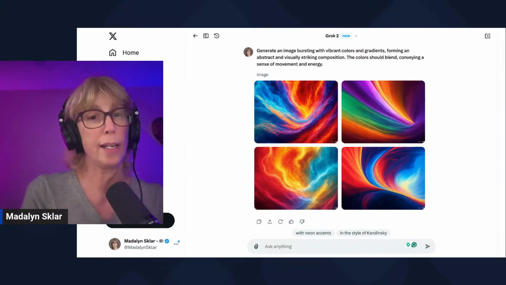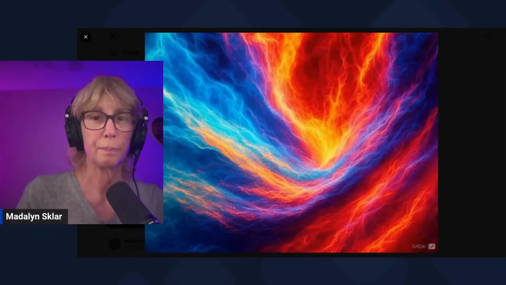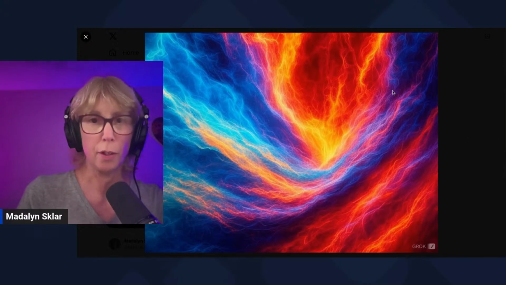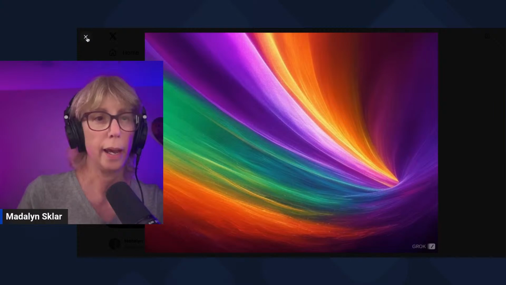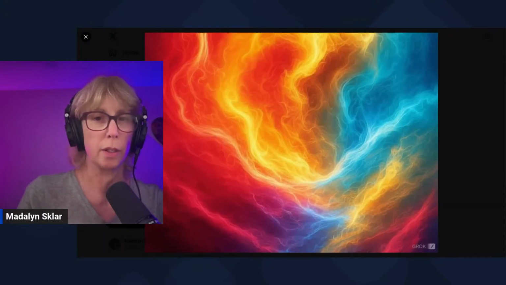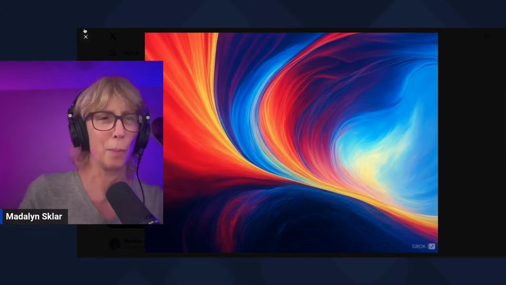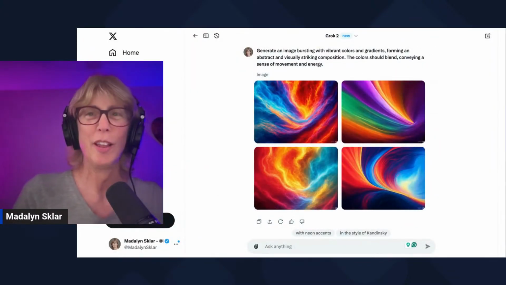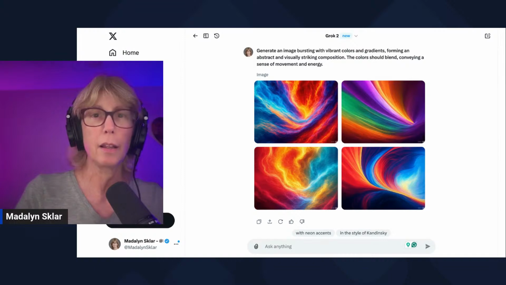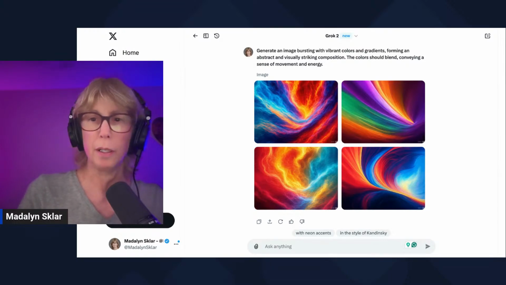And I'm telling you right now, I like what Grok is doing with the images. These are pretty darn cool. These are nice. It gives you 4. And of course, I can refine. I like this one a lot. Reminds me of Magi, with their colors and the way they do theirs. So if I take this same prompt over in ChatGPT,